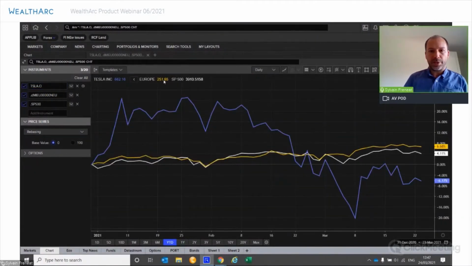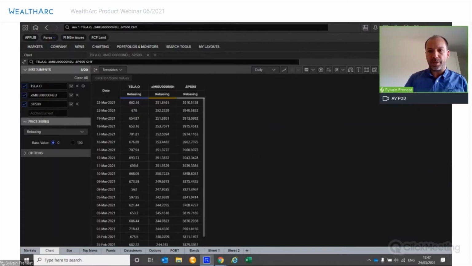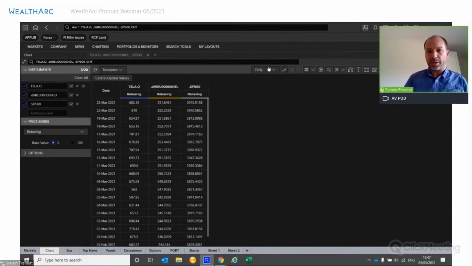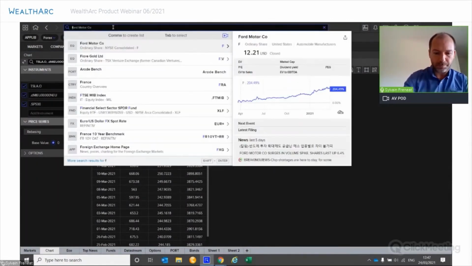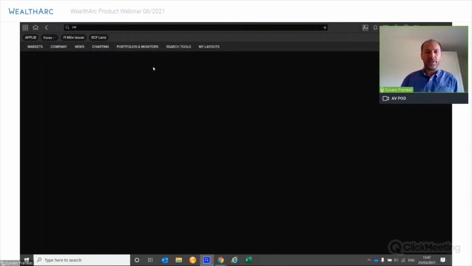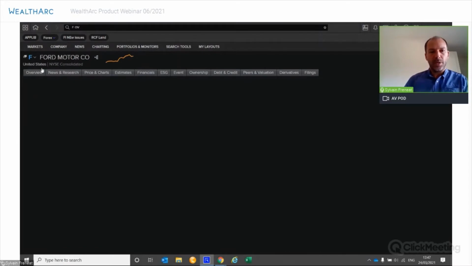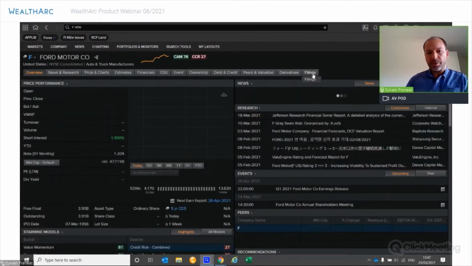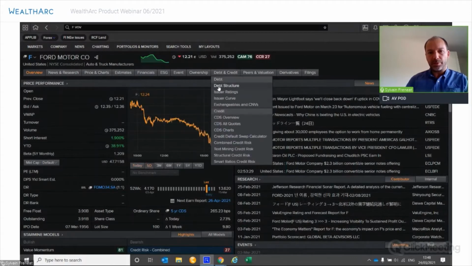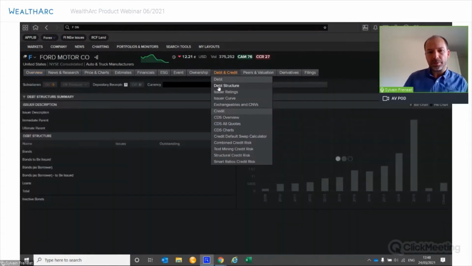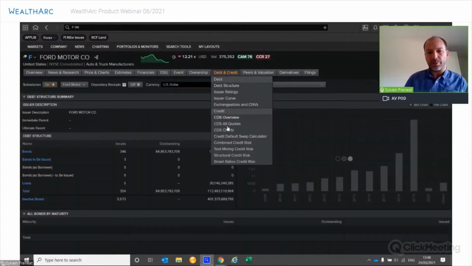And most of those pages, you can export them. You have many analytics on the top right corner. When you go into a company like that, you will always find all those tabs to evaluate your company, your sector, to find the debt structure, to find eventually the risk rating.